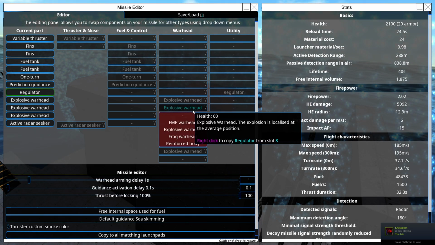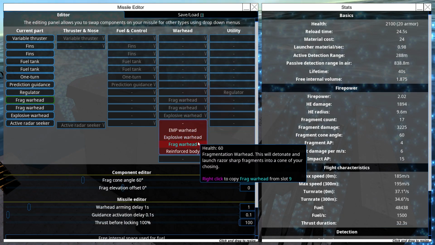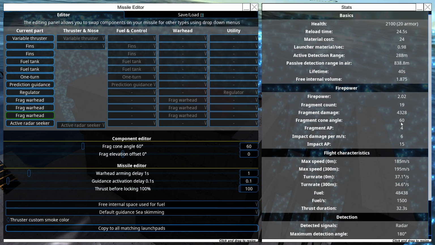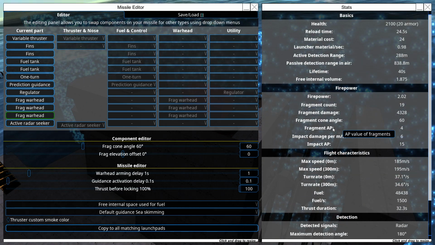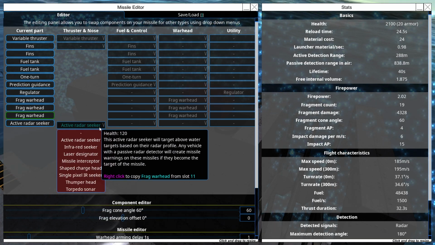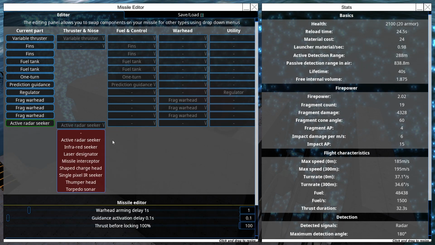The rest of that looks pretty good, but we might make these fragmentation missiles. Something a bit different. Seems they're going to be able to chase down fairly quick Lightning. Hopefully that will help a little bit. Yeah, active radar seeker's good, I think, because we've got radar systems. Oh, we could use, oh,